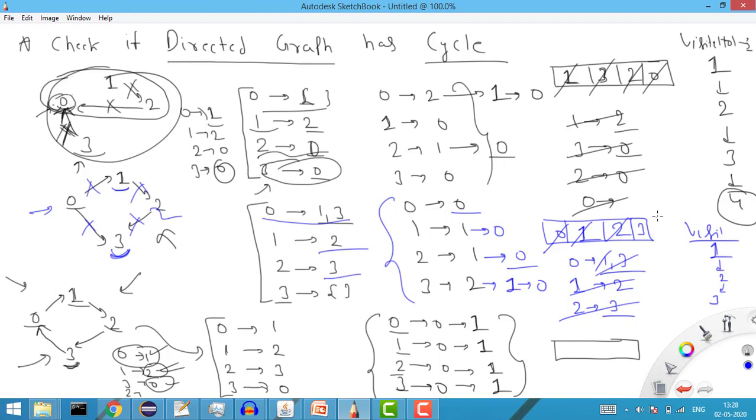And now again we have an element. I'll remove the element here and increase the visited count by +1. Now if you see, for the 3 we don't have any neighbors, so we are done. Again the visited count is equal to the total nodes, so it means we don't have a cycle here. Right? So that is what we are doing.